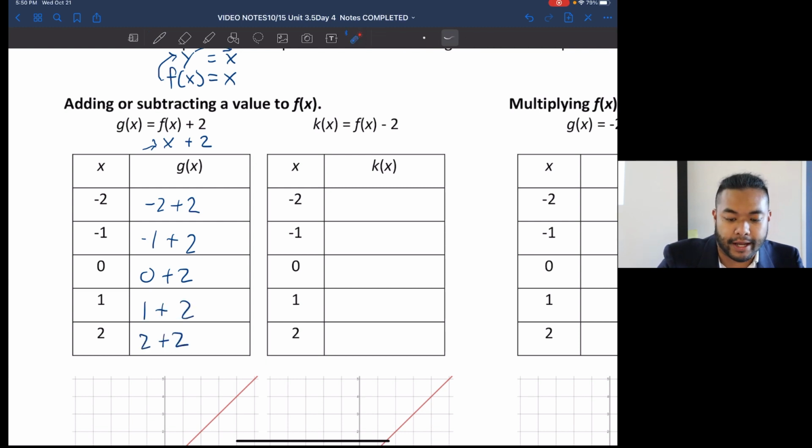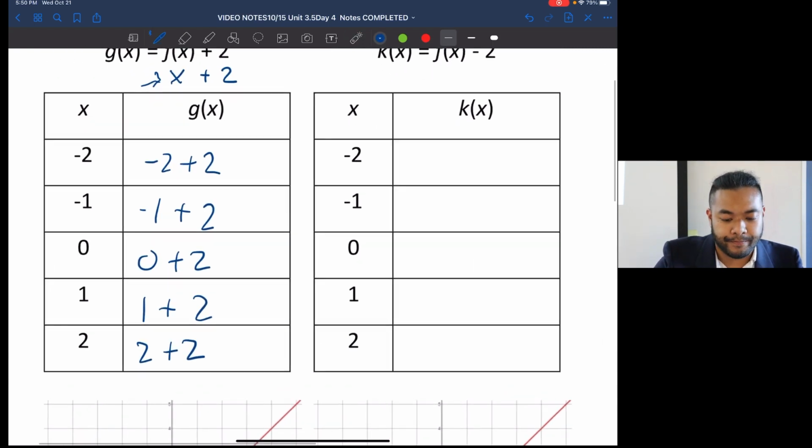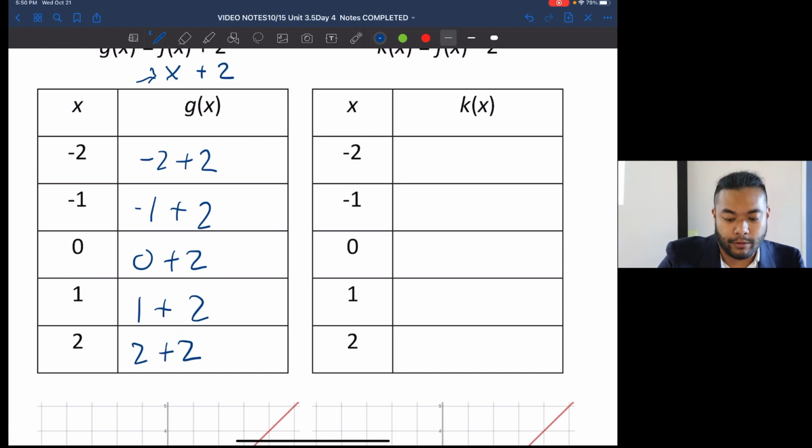Over and over again, we're taking my parent function and adding 2. So the new function is going to have y values of -2 plus 2 is 0, -1 plus 2 is 1, 0 plus 2